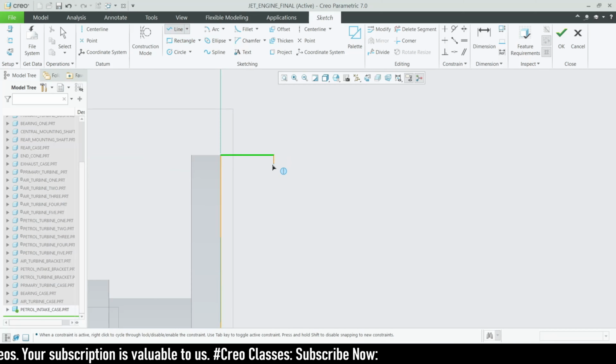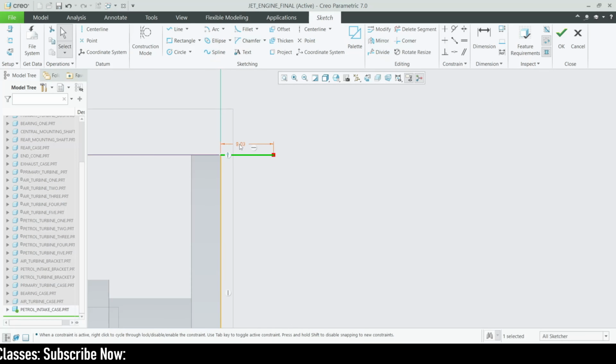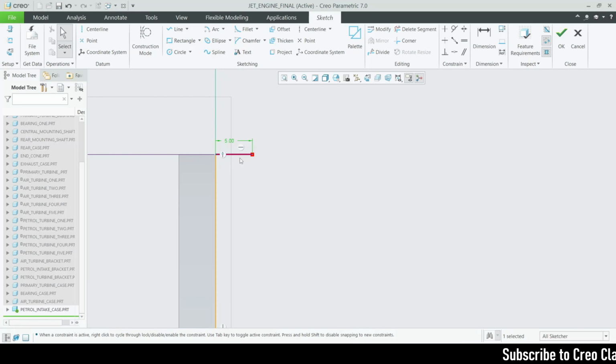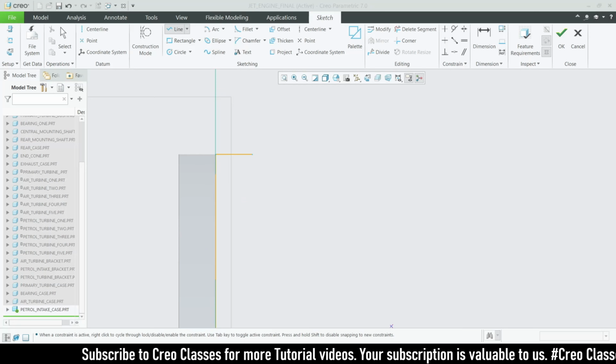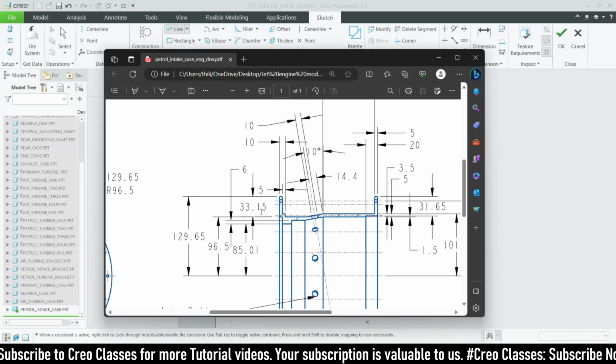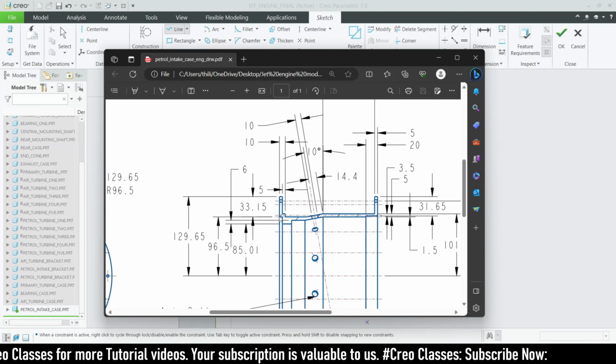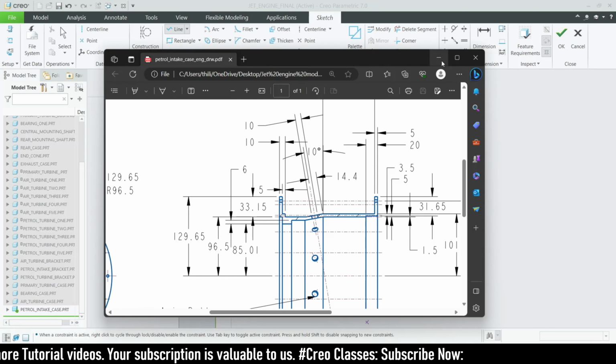So now on this line, from this we need to create a fillet for this. So I'm going to draw a line like this and like this. Okay, so for this line, I'm going to enter a value of 5. And one more line. Okay, let's go for the dimensions. Let's check. Okay, so this line it will be like 96.5. Okay, so let's delete this